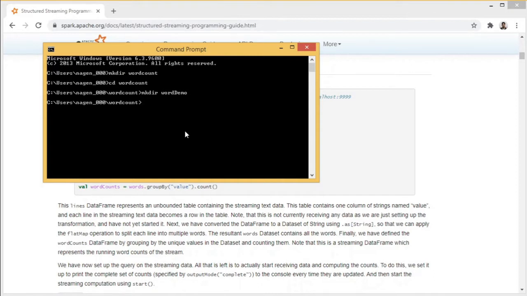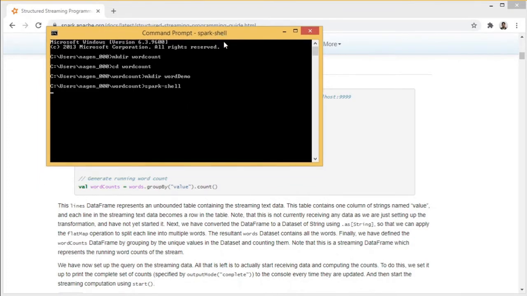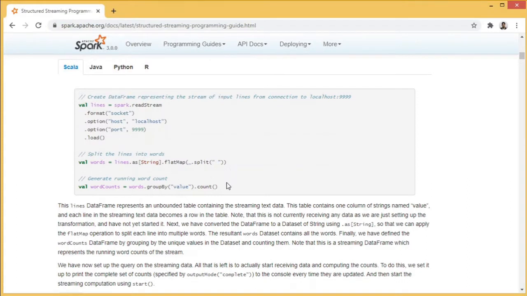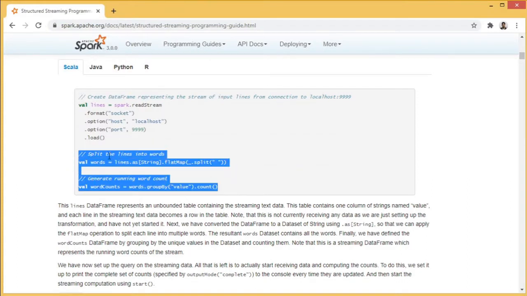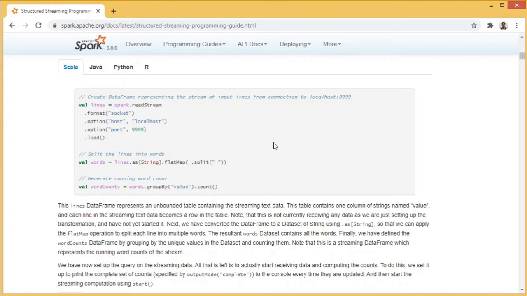Let's go into Spark shell. Again, if you are already familiar with Spark, or if you already have some experience with functional programming language, then this syntax would look very much familiar to you.